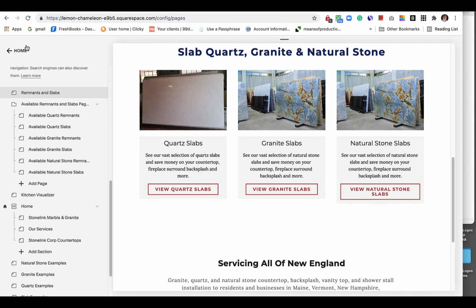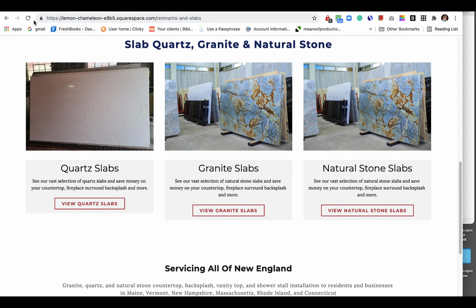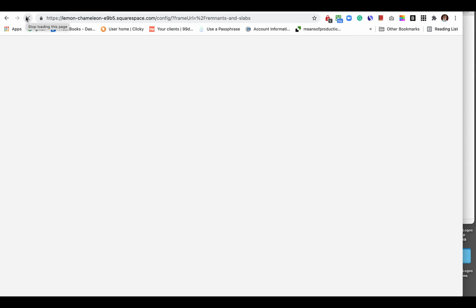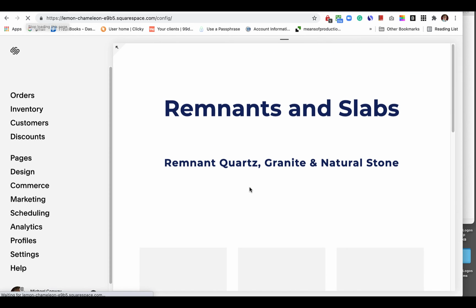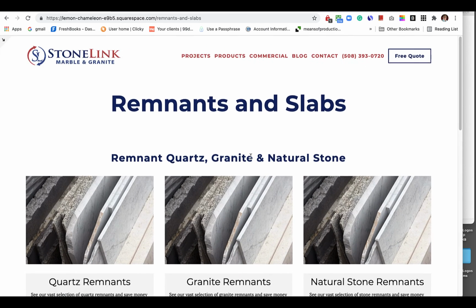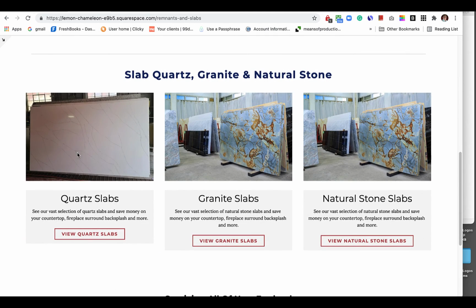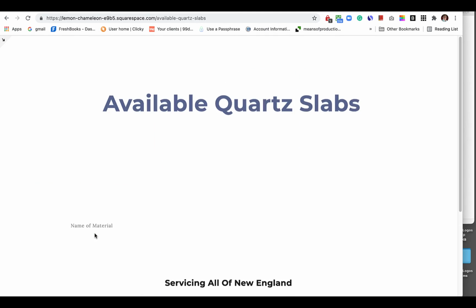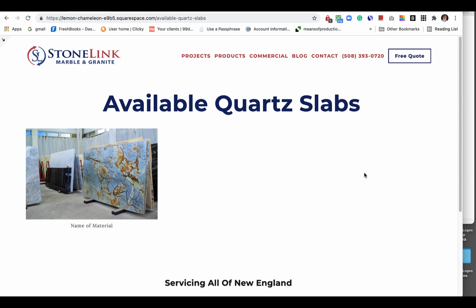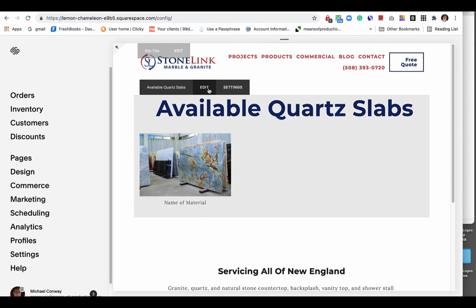Click Save again. Got to come up here and refresh the page real quick just to make sure everything's working correctly. So there's our quartz slabs. I'm going to click on the button, and there we go. It's brought us to this page. Now, this is where we're going to add the name of the product and the material, right? So what's available. So I'm going to click there, click Edit,